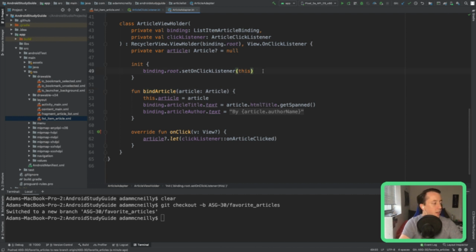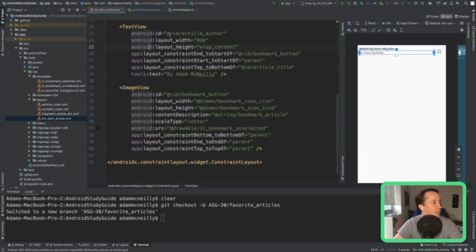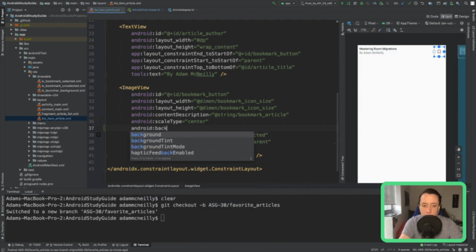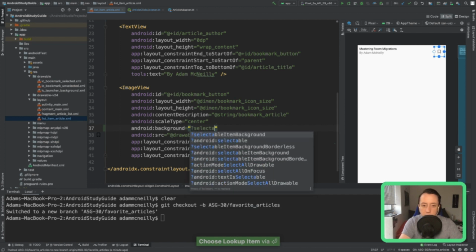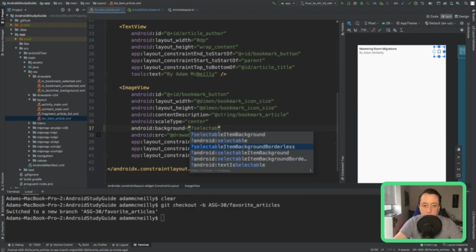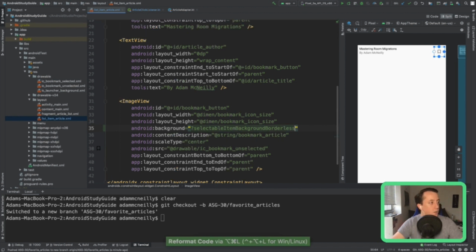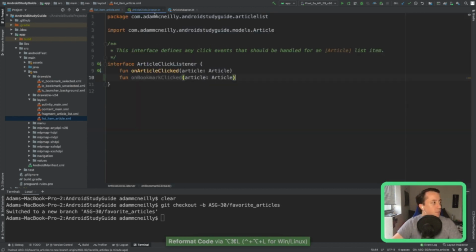So we can say, ooh, that's a good idea. I'll try that out and I'll run that on the next thing. Android background. I was wondering how to get the ripple effect on the item itself. Cool, we'll try that click next time.